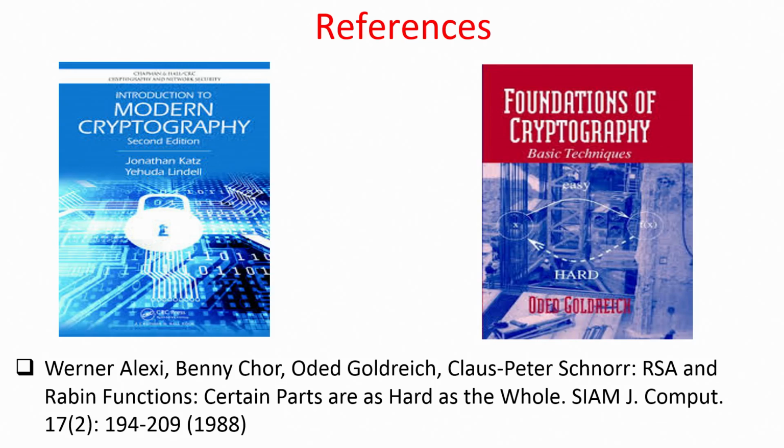That beautiful result has been published in this paper, which shows that computing the LSB of x is as difficult as computing the entire x based on the result of x to the power e modulo n. So, I end today's lecture with this. We have discussed in today's lecture the RSA assumption, the RSA permutation, and the RSA hardcore bit. Based on all these things, in the next lecture we will see how we can construct a 1 out of 2 OT protocol, a very simple 1 out of 2 OT protocol designed for the case when the sender's inputs are bits. Thank you.